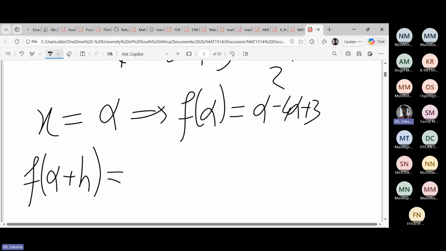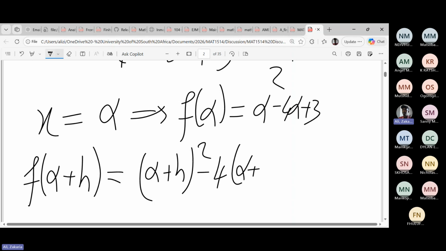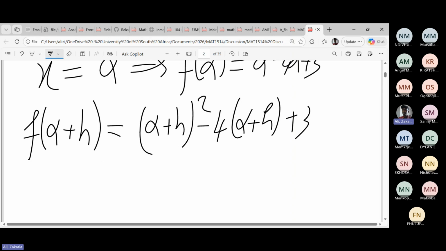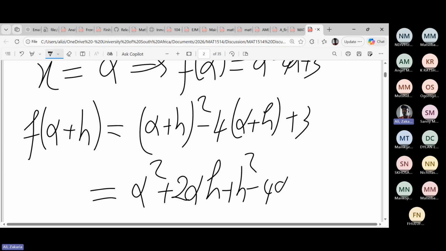And then you just replace x by, let's say, alpha plus h squared minus 4 times alpha plus h, and then plus 3. Then you can break it down using the normal identity. The normal identities are when you have x plus y squared. So we are taught clearly in high school that this can be evaluated using some identities, which is given by, let's say, alpha squared plus 2 alpha times h plus h squared, then minus 4 alpha minus 4h,